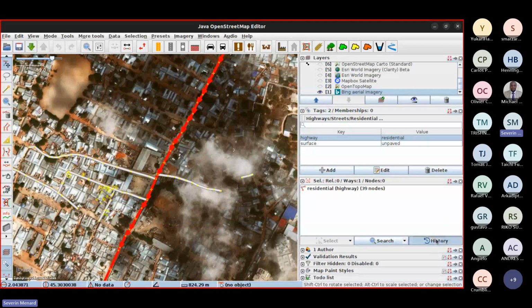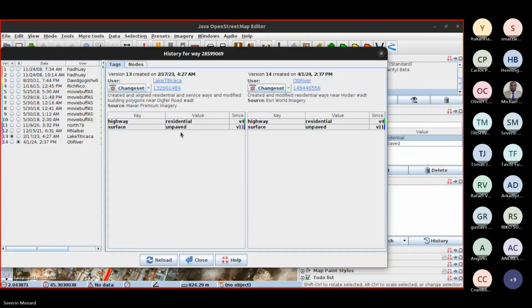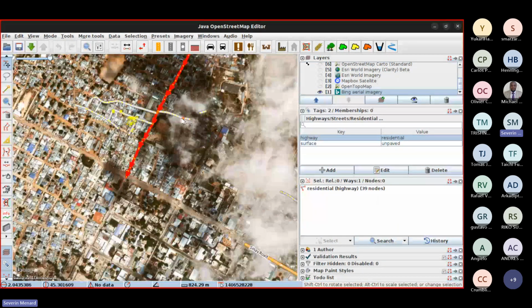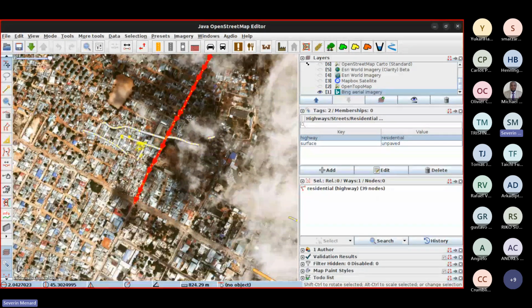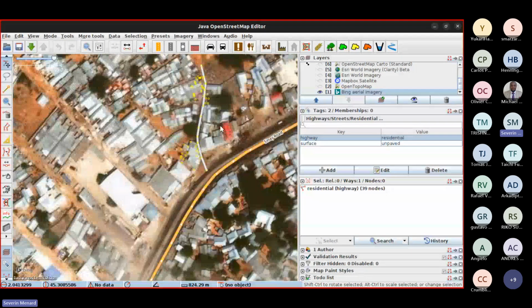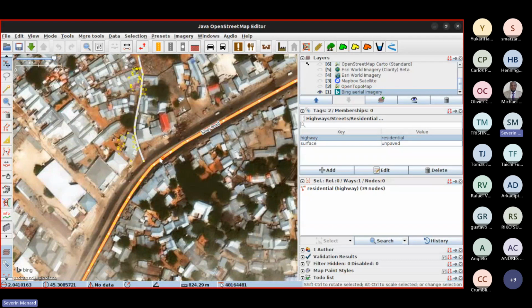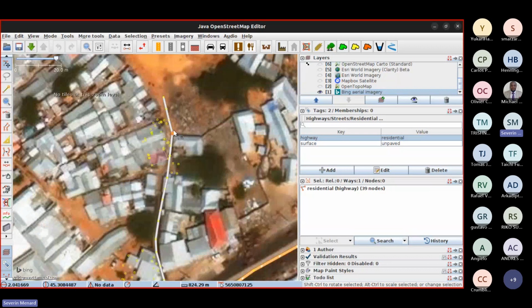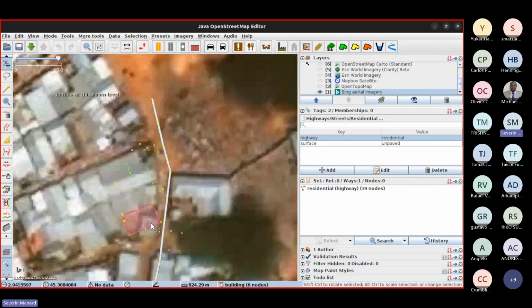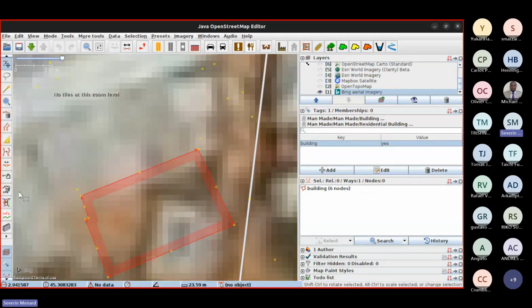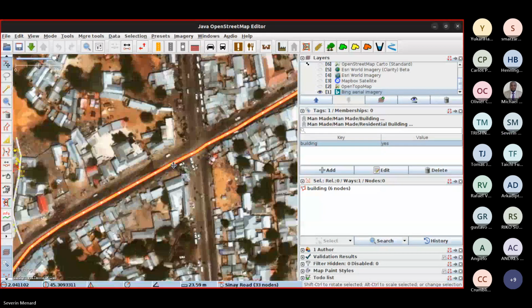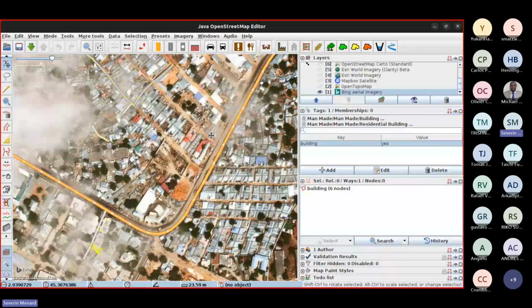If I go here, the history, river, okay. If there is something that looks strange, obviously you cannot see the intersection, etc. There is also something that has been downloaded from the same changeset, but anyway.